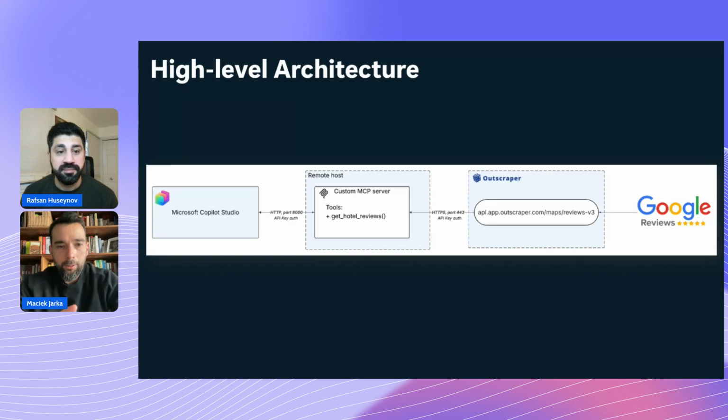With the basic functionality you can connect directly to Google reviews, but what we did, we used the Outscraper API. If you're not familiar with Outscraper, it's quite a major player in terms of data brokerage. And with this API, you can easily retrieve data which is live or near live from systems like